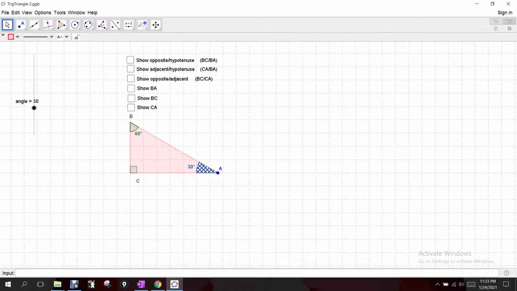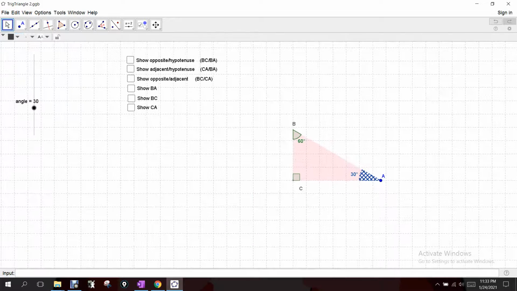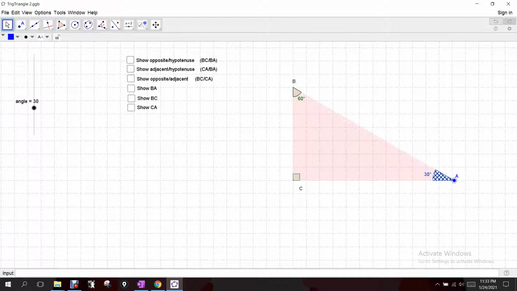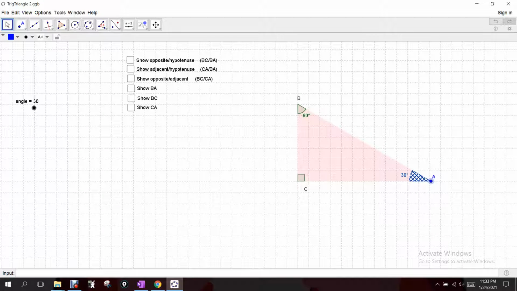Okay, and if you remember anything from geometry, if we had a triangle that had a 30-degree angle and a right angle, and then another triangle that had a 30-degree angle and a right angle, those two triangles had what we call angle-angle similarity. Okay, so what angle-angle similarity states